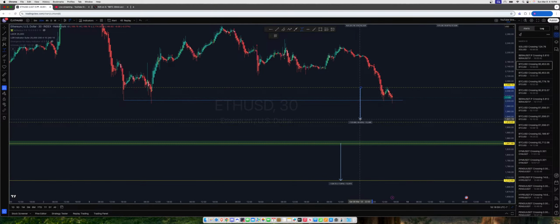This is what we're looking at right now on lower time frame. Get over this LG at 2055 and 15 cents, and then we can reconsider. But yeah,